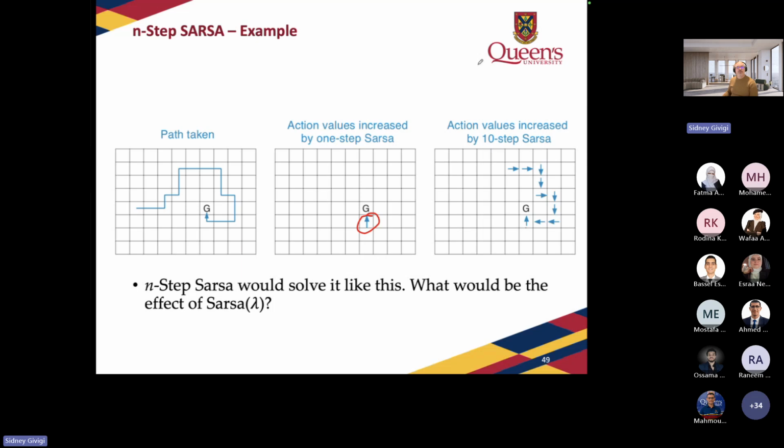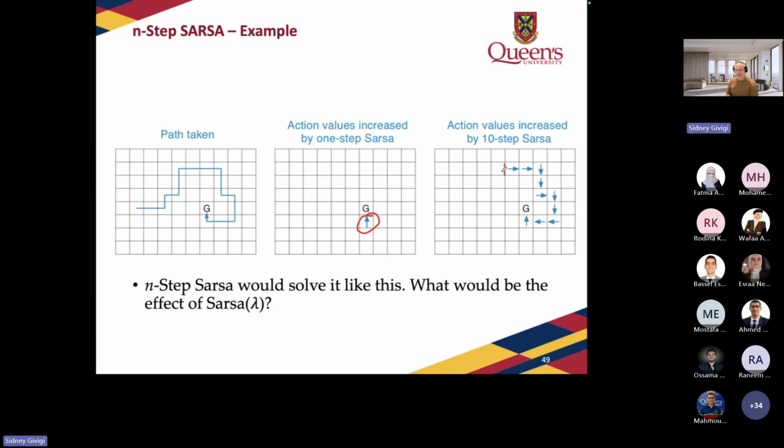If we use a 10-step Sarsa, what is going to happen? As I mentioned before, we are going to get this trail here, all the way here. So from here on, we are not going to learn, right? Because this update here is not going to be backpropagated all the way here. That's the reason why the 10-step Sarsa is technically going to be faster in terms of updates. But in practice, this is going to be so much harder for us to implement that this code here is not going to be efficient.